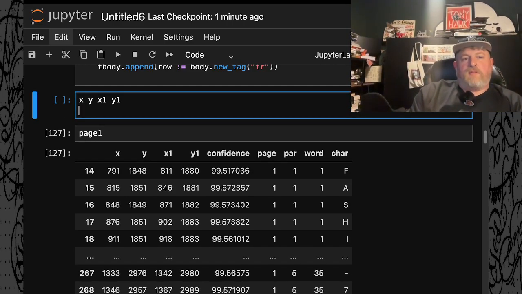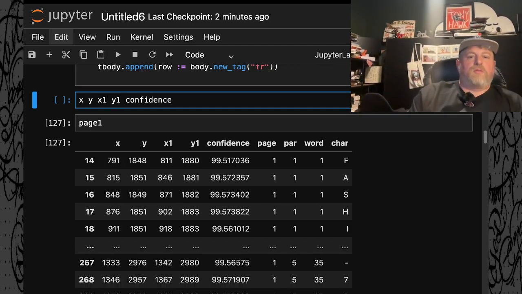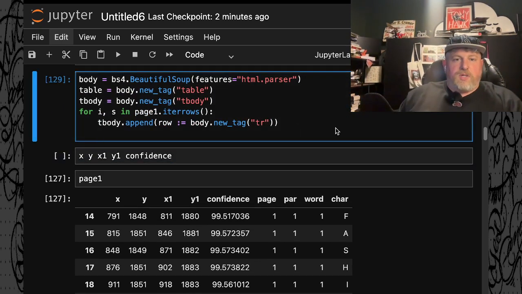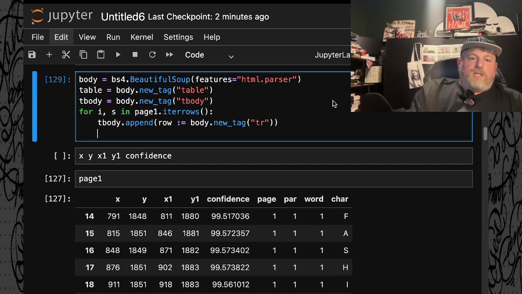And then we've got the confidence. That's another numerical value. And then we've got the character. So this is what we're going to do. We're going to say the row adders update